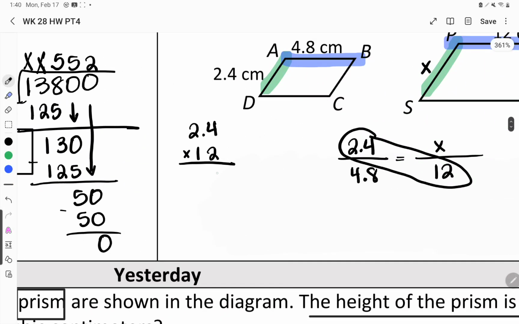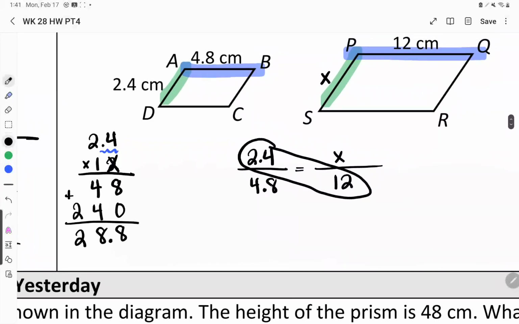What's 4 times 2? 8. 2 times 2. 4. All right, I finished with my 2. So now I'm on my next row now. So I add a 0. What's 1 times 4? 4. What's 2 times 1? 2. Add it together. 8 plus 0 is 8. 4 plus 4 is 8. 2 plus nothing is 2. How many decimal places do I have? 1. So this gives me 28.8